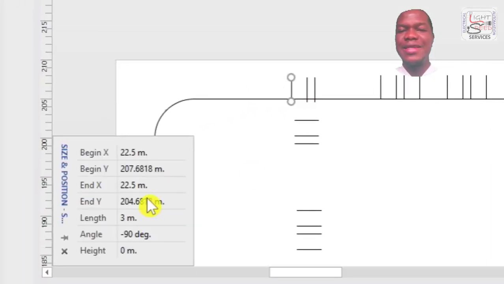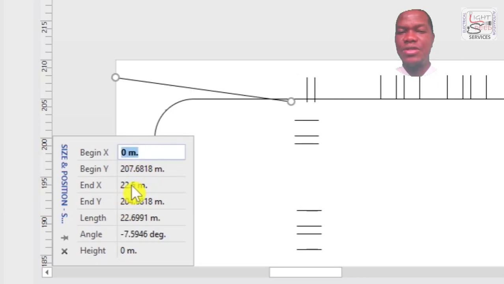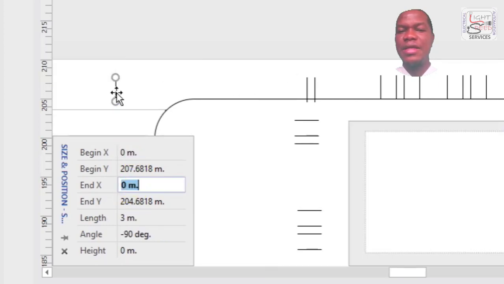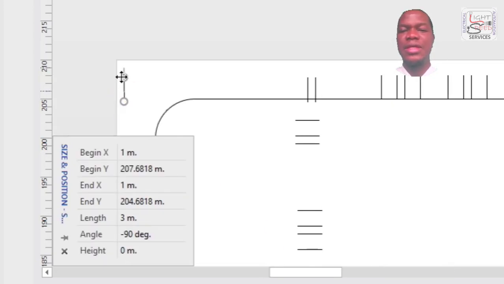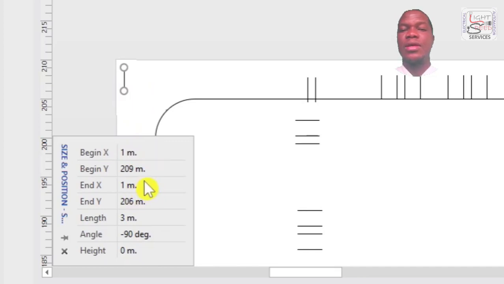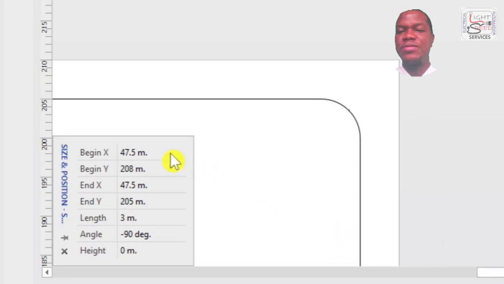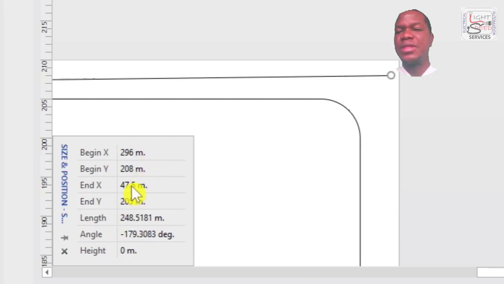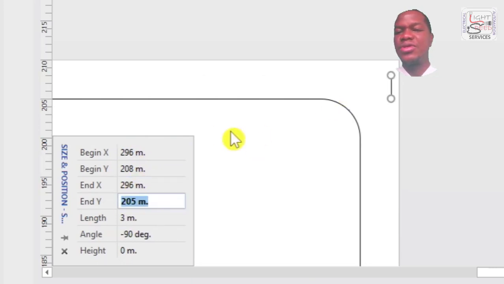Okay, so one is going to be at the top left corner of the page. So I'm making it to begin at... see, it needs to shift in a little bit, so I will move it in by 1 meter. Then for the Y, remember my page is 210, so I'm making it to begin at 209 and end at 206. That's 3 meters. Okay, then I'll put one at the other corner. If you remember your page dimensions, you can use that information as well to input them. Okay, my page is 297, so I'm putting it at 296, and then